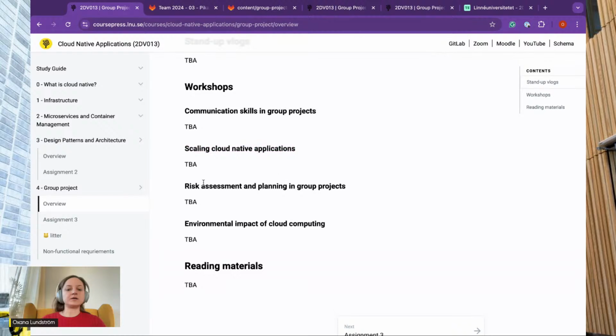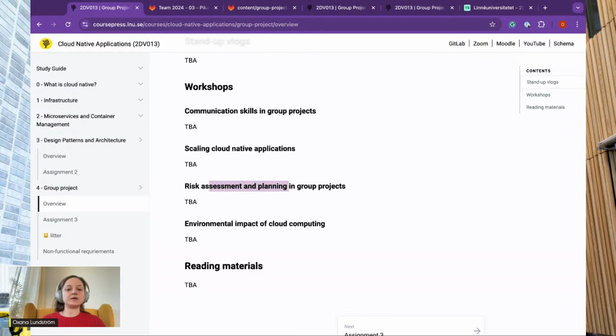I'm still kind of wondering what the correct order is. I think we might move this around, so we do first risk assessment and planning and design next week.